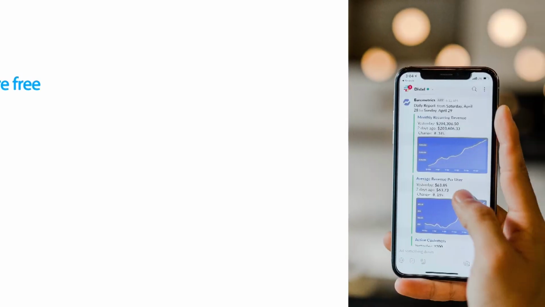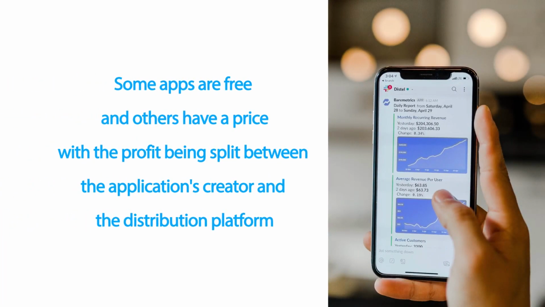The purpose behind the app is to navigate users in a more friendly manner, and that is the customization I was talking about. Some apps are free, some have certain prices, and some have a distribution platform where those who create the applications take some royalty.